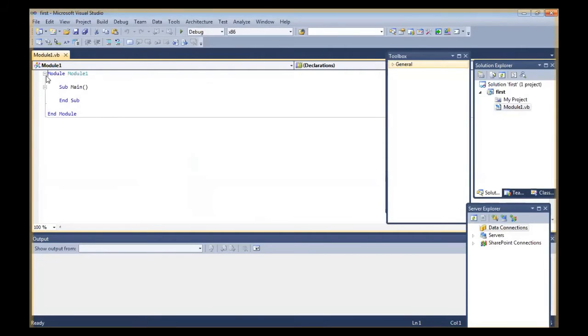It will create a default module whose name is Module1, and it creates a Sub Main. Sub Main is the start of your program, and Module1 is the module under which you are going to write the console application.